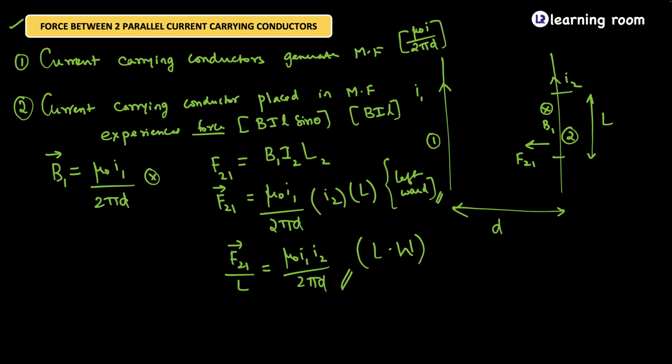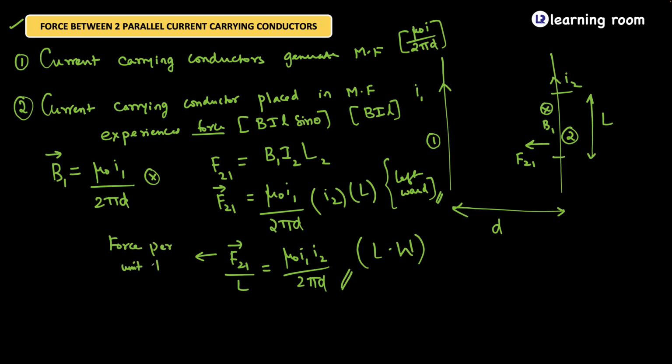Clear with this? No, wait. This is not the force actually. This is the force per unit length, right? Whenever they ask you the question, if they ask what is the force experienced by the second conductor, they need to give you the length of the portion of the second conductor. Only then you will be able to calculate the absolute force. If the length is not given and they still consider it as a long conductor, you will not be able to calculate the force. Rather, you can only calculate force per